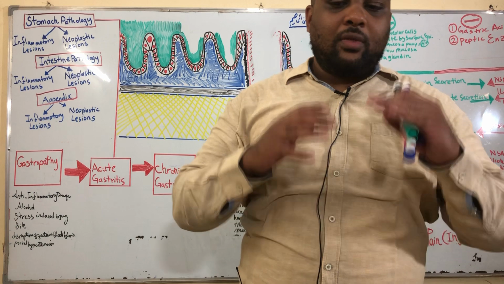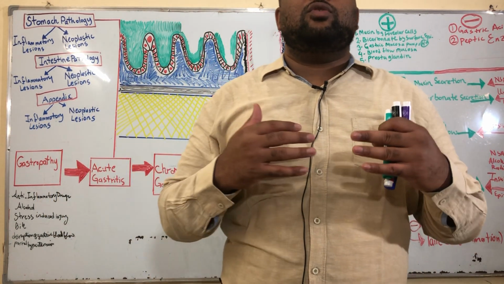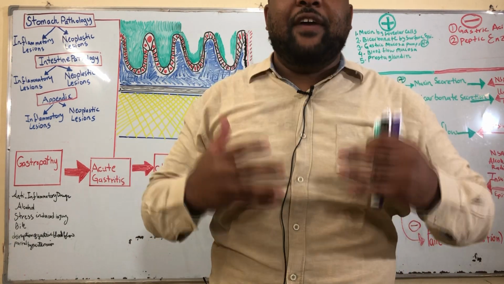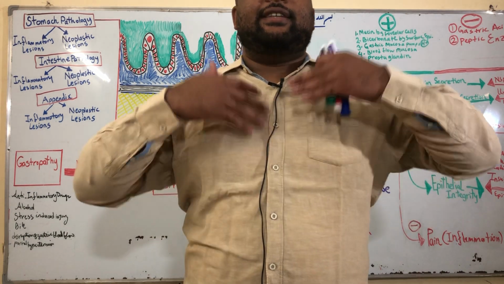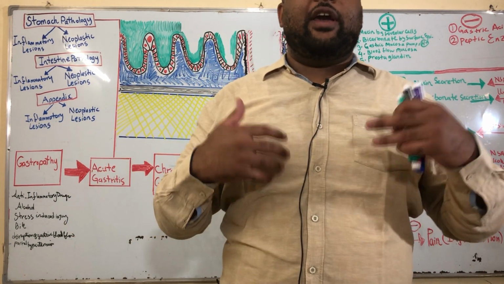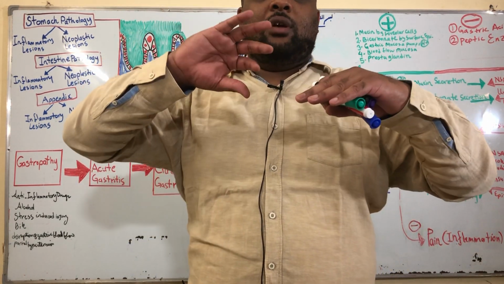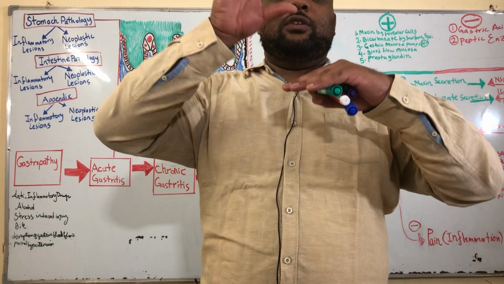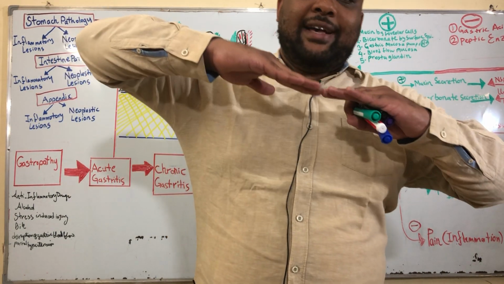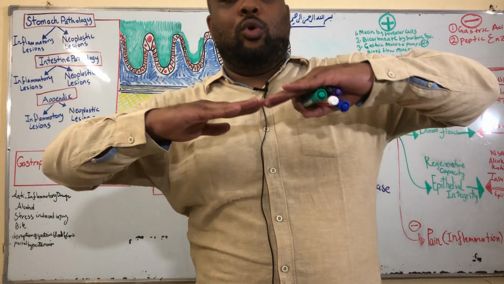mucosa. Okay, what if there is another problem related to an inability or a defect that disables the mucosa from being able to stimulate these foveolar cells to secrete that mucin, that mucus. So if there is a decrease in the mucus, then who will win? The acid will win, and it will cause an injury. So today we will talk about what